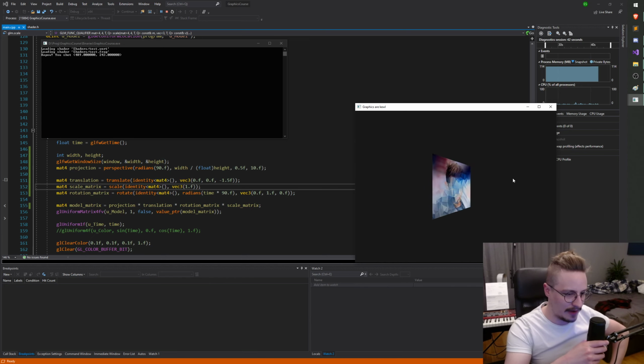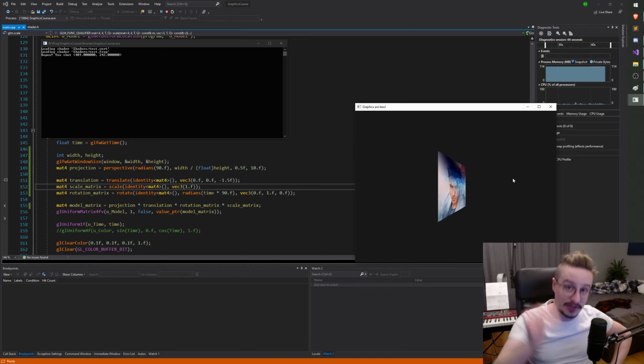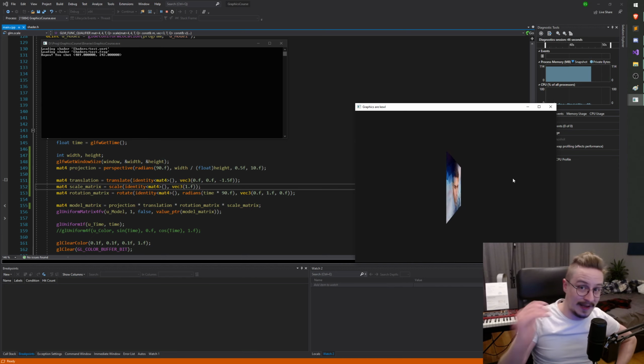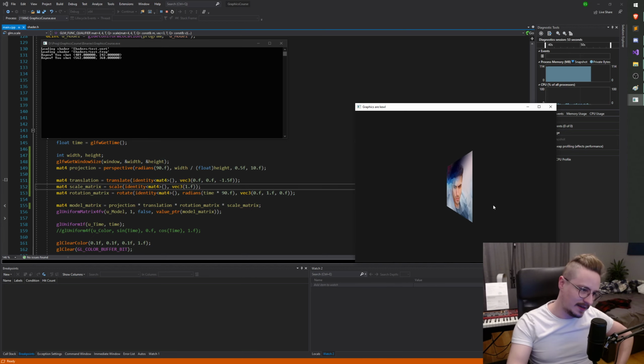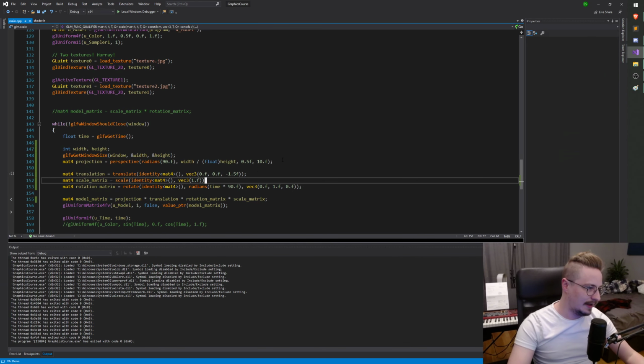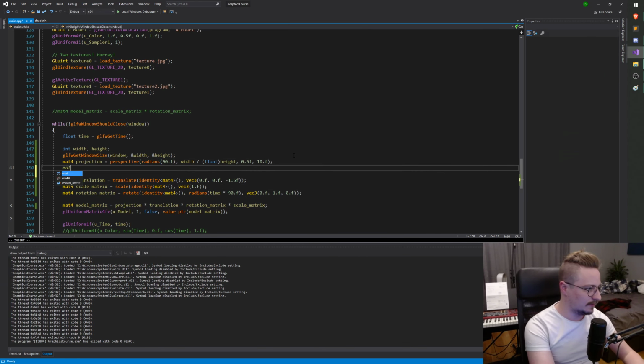So an orthographic projection keeps proportions to what they are in the world we're working with. So it doesn't do the fake thing where things get further away and should get smaller, right? So we can just do one of those real quick. So we can do mat4 projection is equal to ortho,